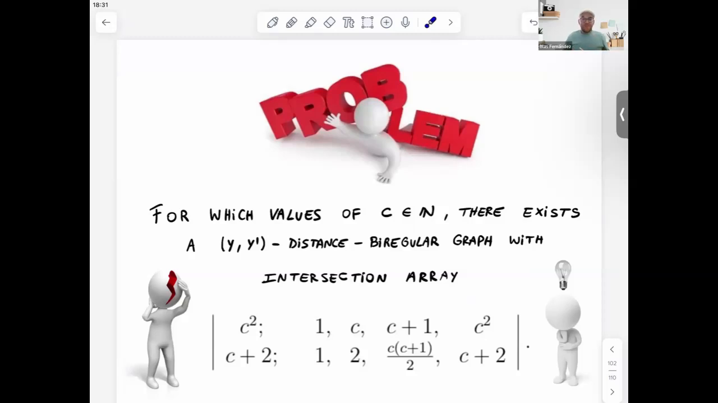So now the problem is for which values of C we can construct such a graph. But this is another problem that I will leave for those of you interested in this topic. And